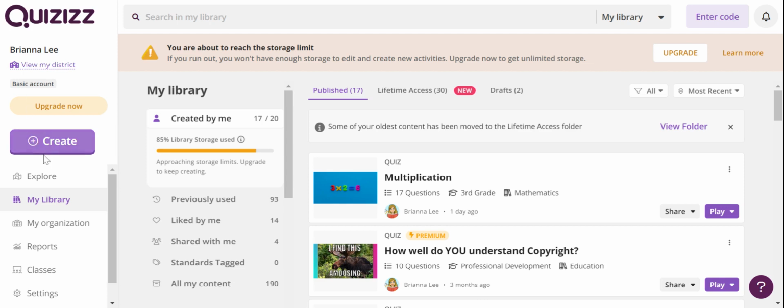And you can hit create and create your own quiz. You can create up to 20, but you can also use library stored quizzes that have already been made. And so you can see like I have 93 previously used, but I only have 17 in here right now. So first thing I'm going to show you is up here you can hit quizzes and it jumps to their